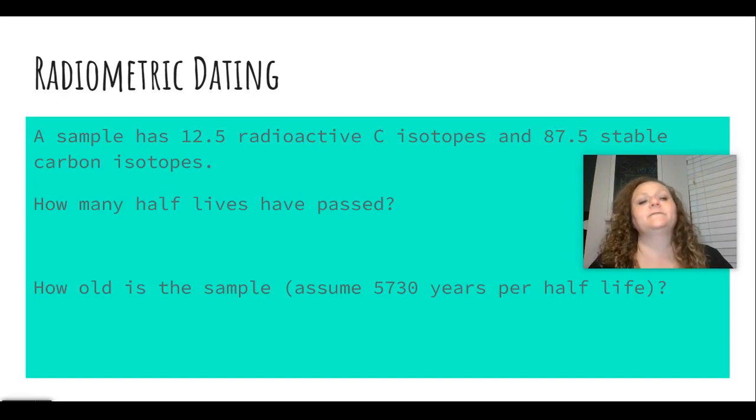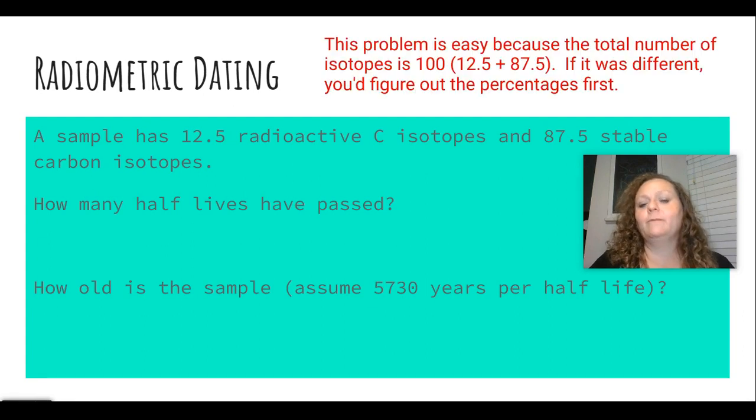Here's a very, very simple example. A sample has 12.5 radioactive carbon isotopes and 87.5 stable carbon isotopes. How many half-lives have passed? And so you're going to make the assumption, of course, that it's 5,730 years per half-life. But if you look at it,